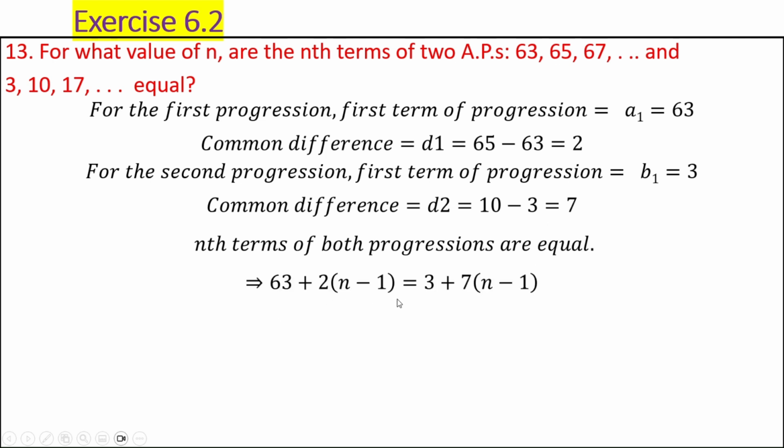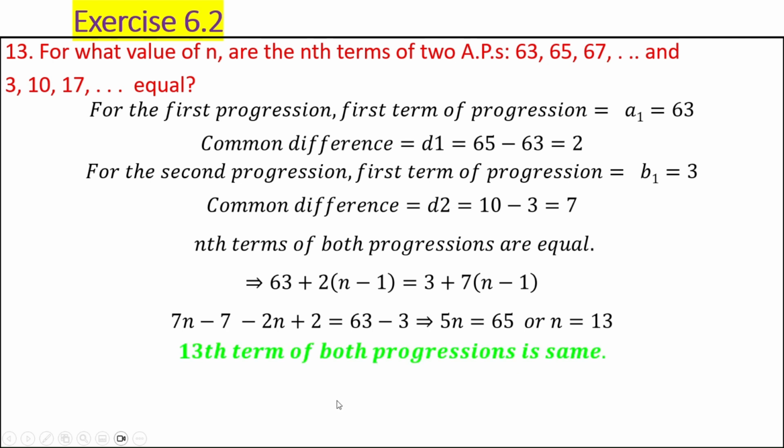63 plus 2 into n minus 1 equal to 3 plus 7 into n minus 1. So this is the equation which you will get. If you simplify and solve it for n, you get n is equal to 13. That means 13th terms of both progressions are same. Okay,